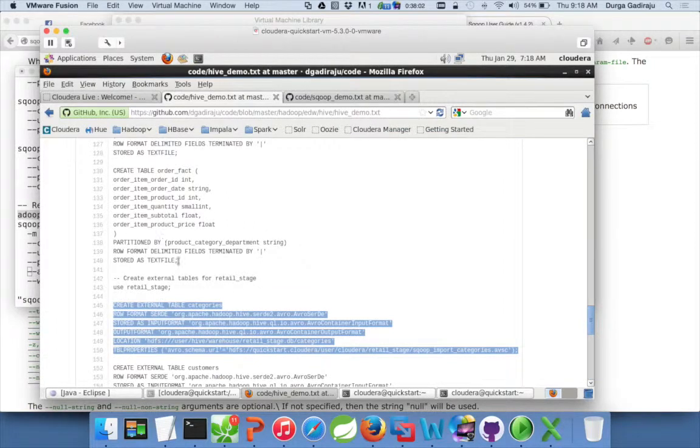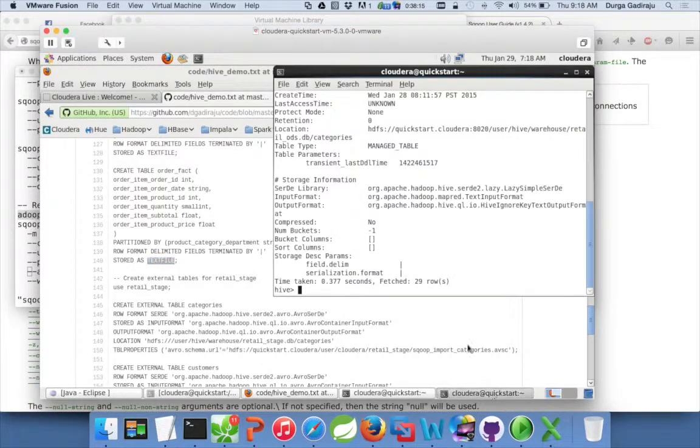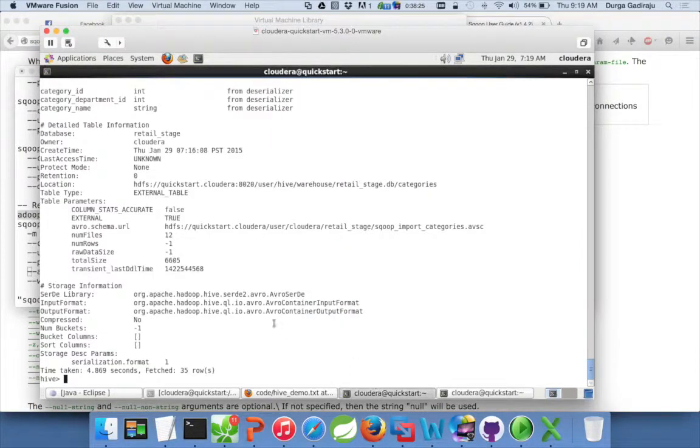So if you see this query, here we haven't defined a SerDe, but we have defined stored as text file, and based upon the format which you have defined here, it will determine what the input format and the output format are, and it will use the default SerDe. So that is the major difference between tables which use the Avro format and the typical text format.